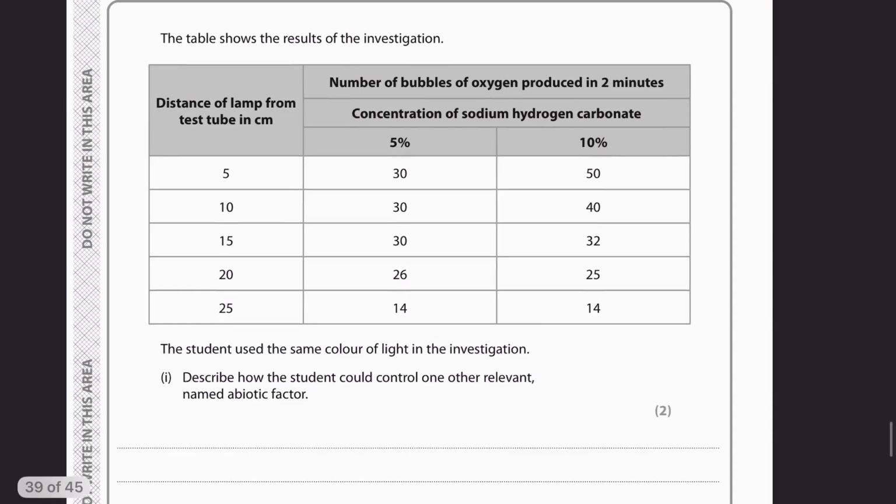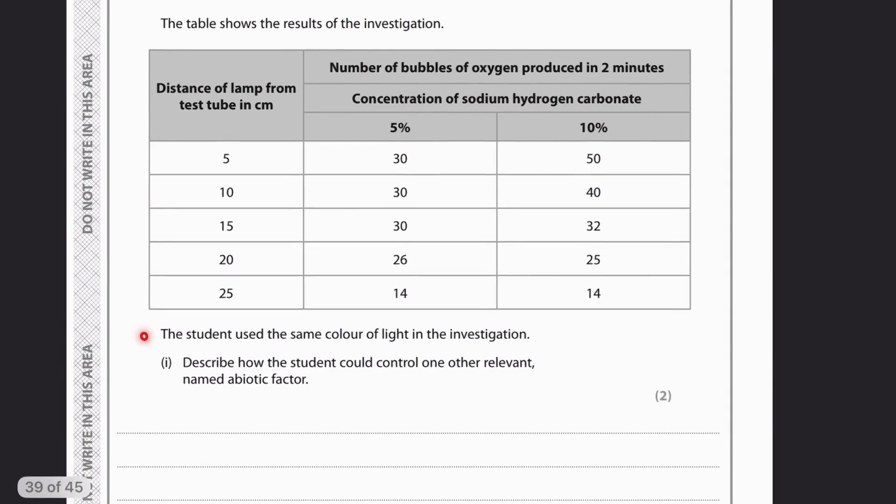Okay, now it's asking, the student used the same color of light in the investigation. Describe how the student could control one other relevant named abiotic factor. So abiotic, you guys remember, this means that it is non-living, and these are things like temperature, pH, and that's exactly the case here. The other way to think about what he needs to keep the same, the control variable,